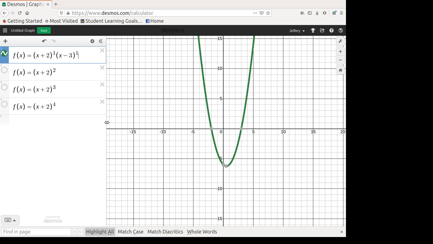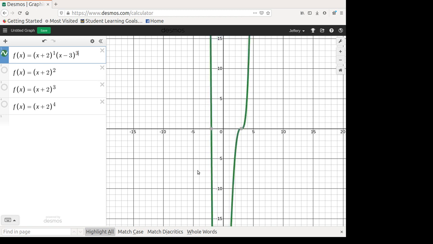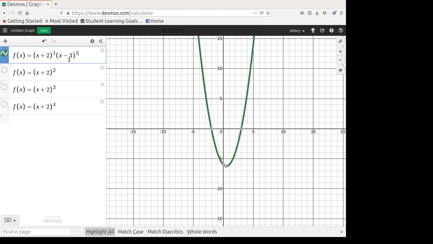So if I were to change the second one, x minus 3, to the second power, it's going to bounce off of it. I come through at x minus 2, x equals minus 2, which is this term. I turn around and come down to x minus 3, but because it has an even multiplicity, I bounce off of it. If I were to change this to an odd multiplicity, I'd bounce through it. Change it back to even, I bounce off. And so the multiplicity tells you how the root responds to being a solution.